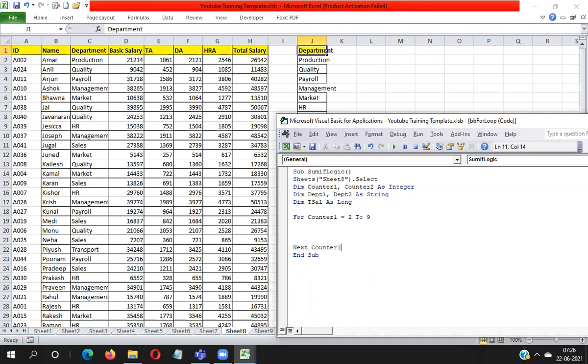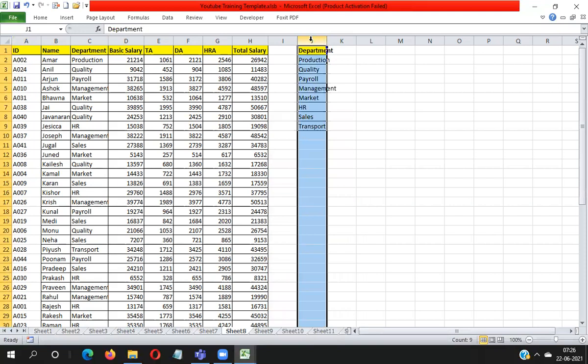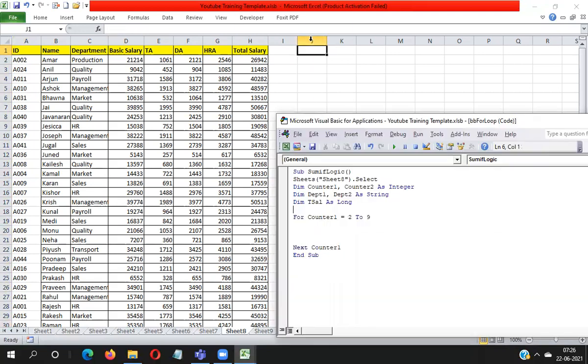So I'm moving on to copy the data and paste it into the J column. I will not do anything manually, so I'm writing code for the same. So here I need to copy the data from the C column dynamically: Range(C1, Range(C1.End(xlDown))).Copy. Then you have to place the data into the J column. So in Destination I have to take J1.